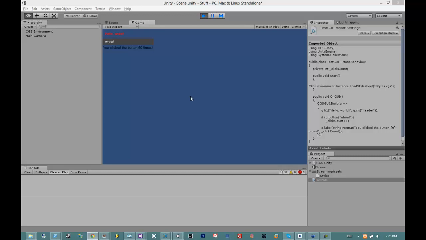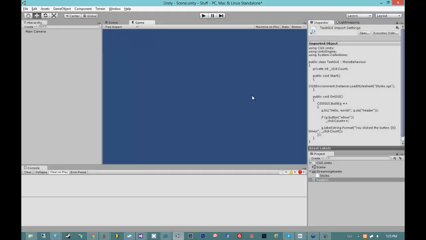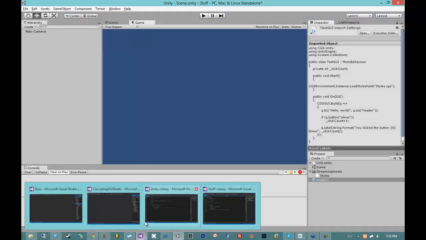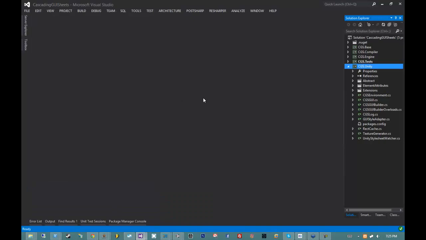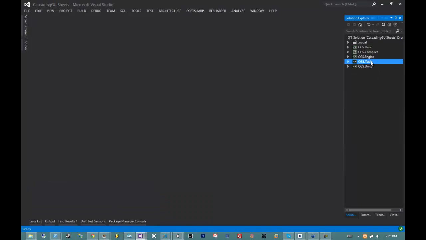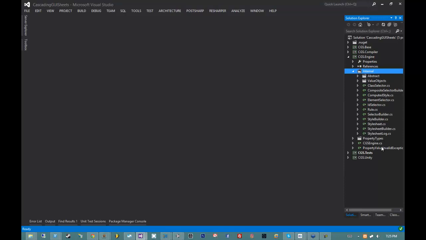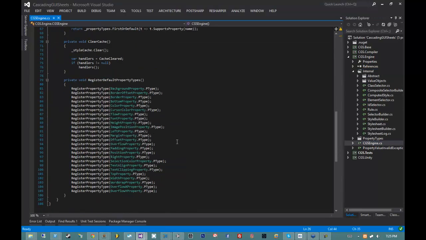Okay, well, it looks like we can go ahead and jump back into our main project. It looks like the issue was that inside of CGS Engine, instead of registering our property types like this manually, if using reflection, we run into an issue apparently with